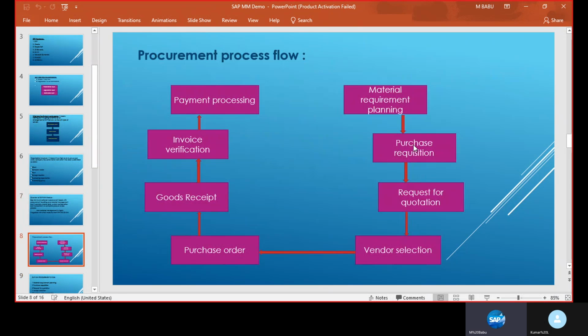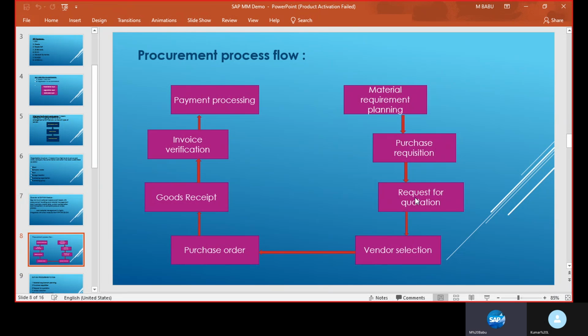Then the purchasing department will create a purchase order if a vendor is available. If a vendor is not available, then they will go for the RFQ process. RFQ means request for quotation. They will send quotations to different vendors. Once vendors respond